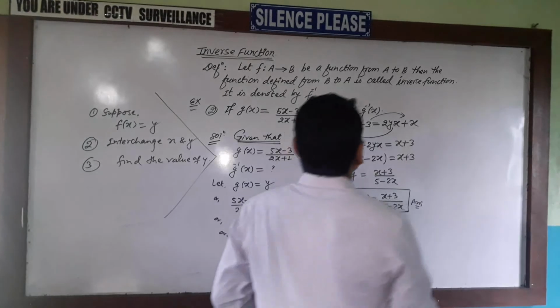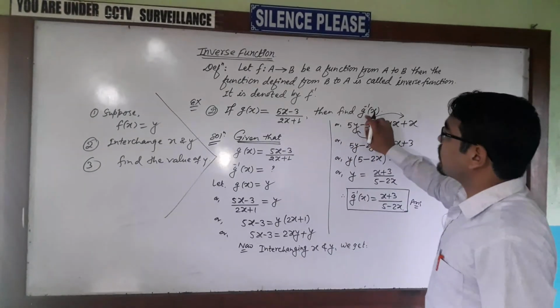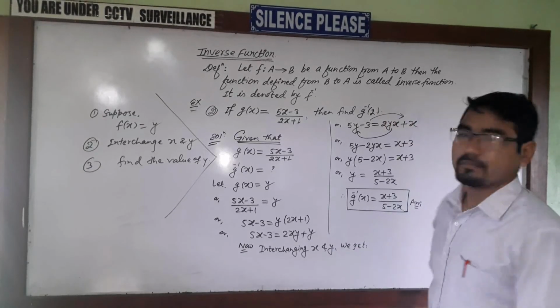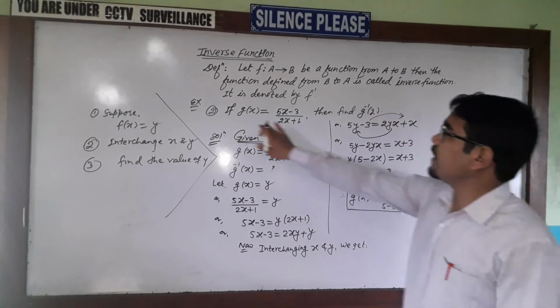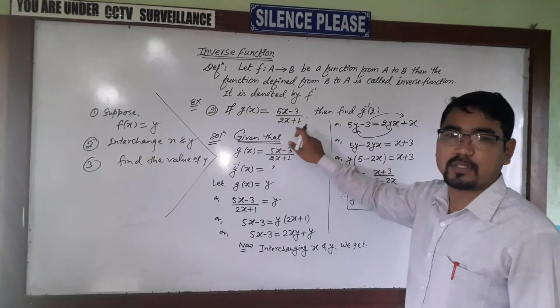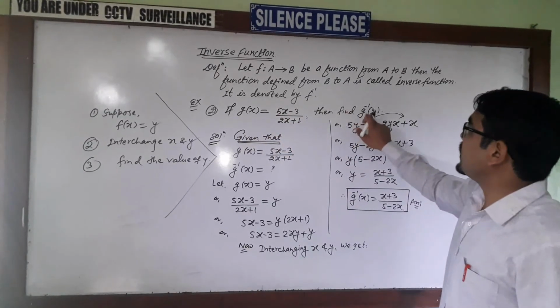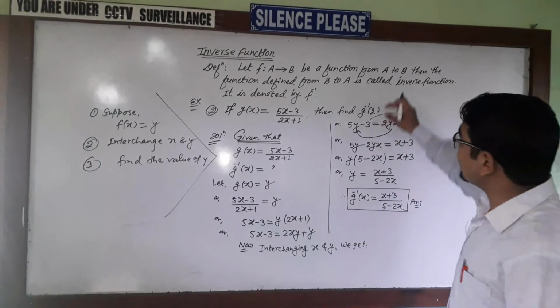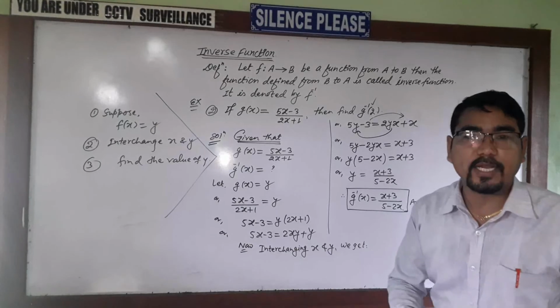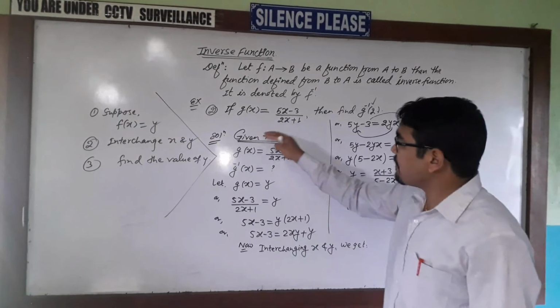Sometimes, in place of g inverse x, it can be g inverse 2. All students, this is very important. If the function g(x) is equal to 5x minus 3 upon 2x plus 1, then find g inverse 2. Here in place of x, 2 is given. So g inverse is necessary to find at first. Following the same procedure,